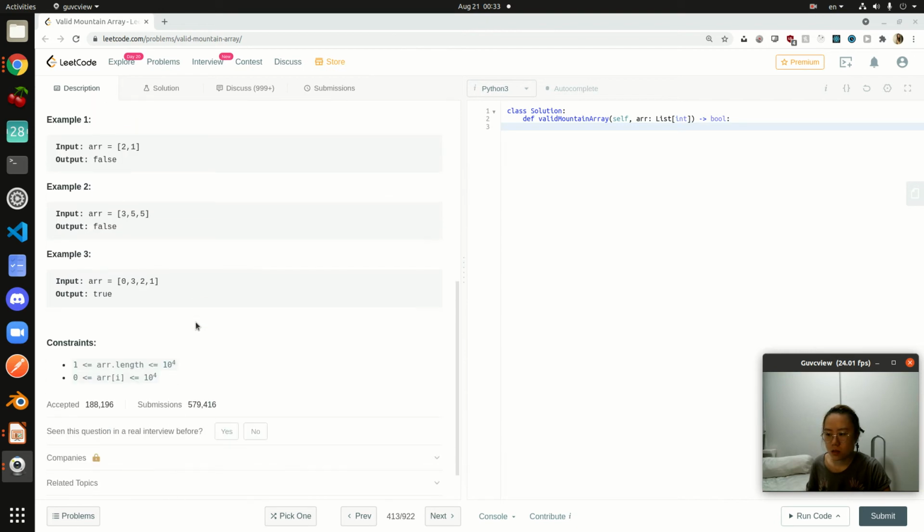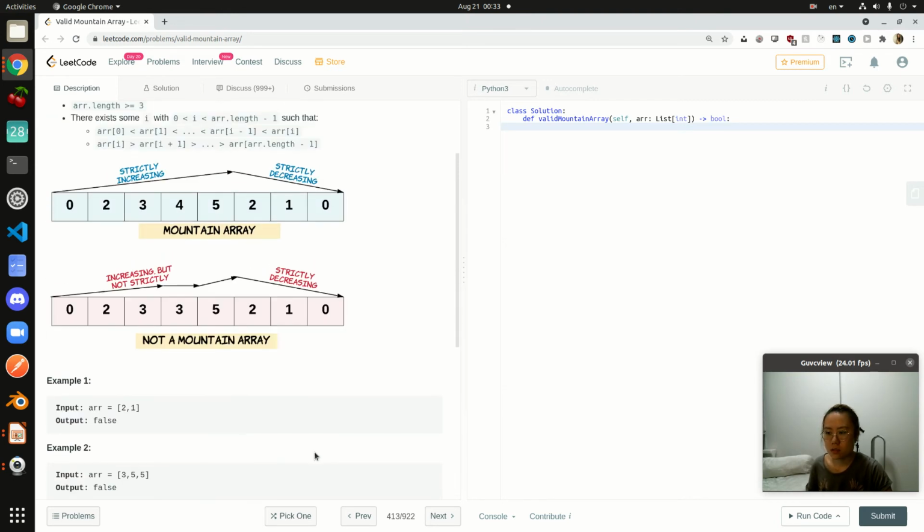So here are some constraints. It contains at least one element, and the max is 10 to the power of 4, and the elements themselves range from 0 to 10 to the power of 4. Okay, so